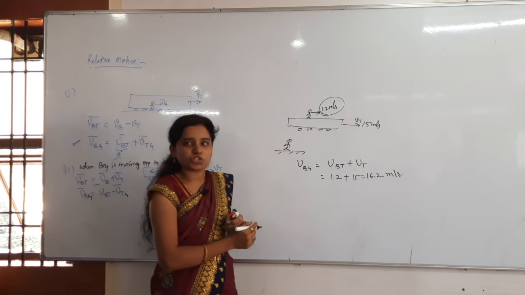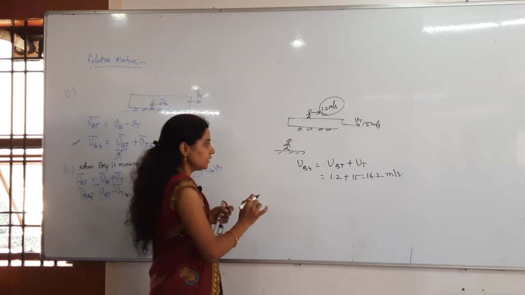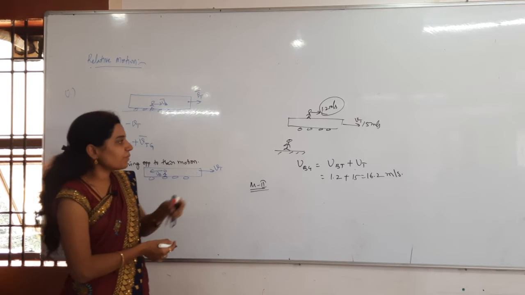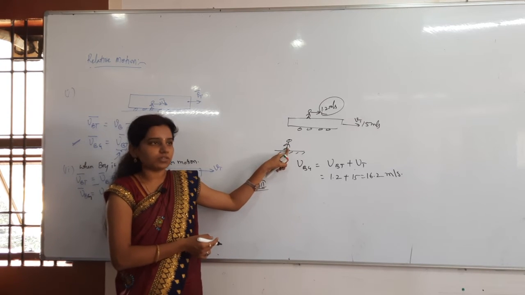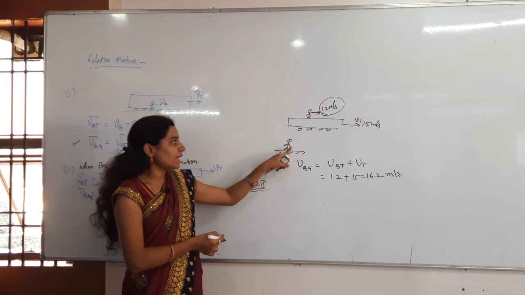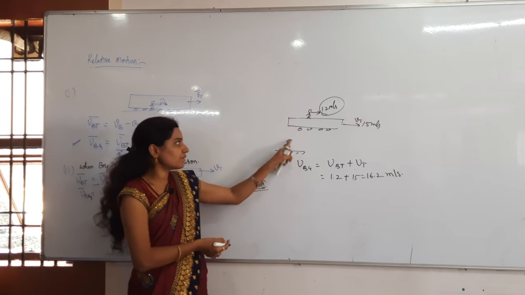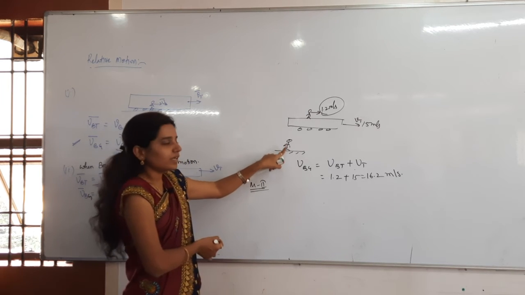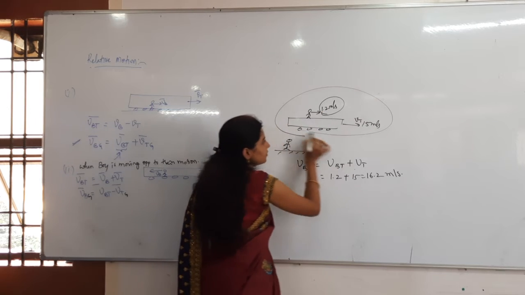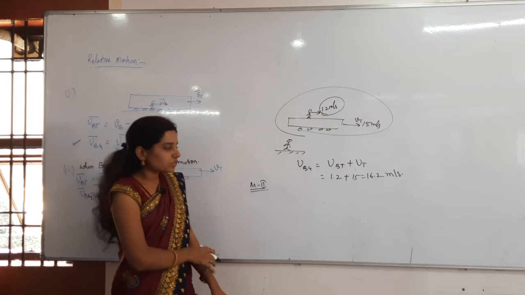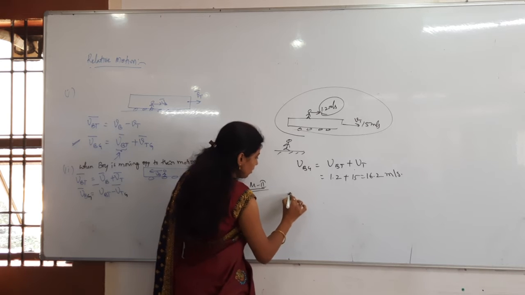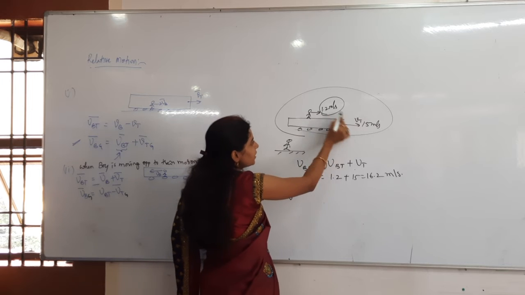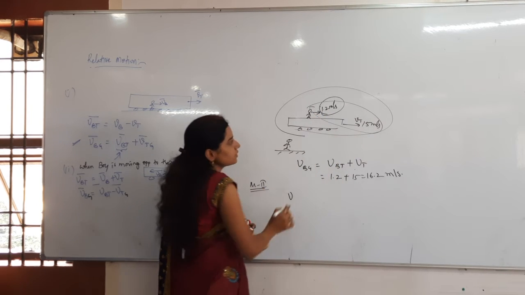Otherwise I will tell one more method, the stopping method. That will be very easy. See, that stopping method is very, very important. Shortcut method. So where is the man standing? On the ground. So with respect to the man, whom is he observing? The man is observing the boy who is walking on the train. So that man is at rest. Let us take everything at rest. So what can I do here? The velocity of the boy with respect to the ground. Otherwise, if I take this, everything is at rest. Relative motion of both is how much? Total velocity is how much?